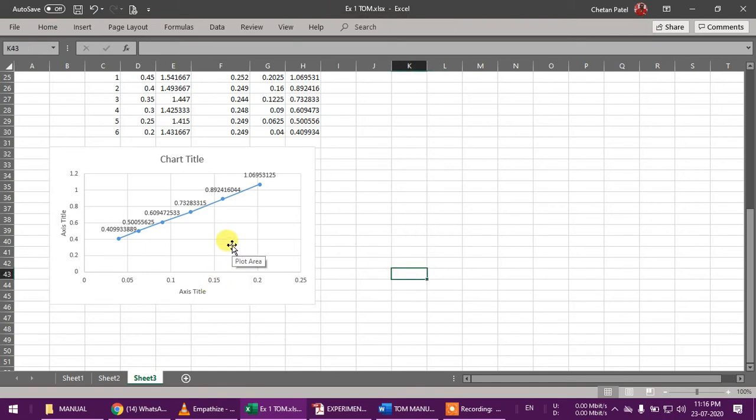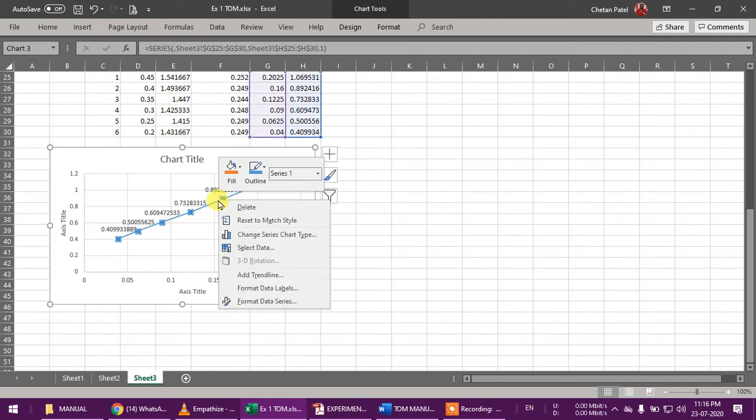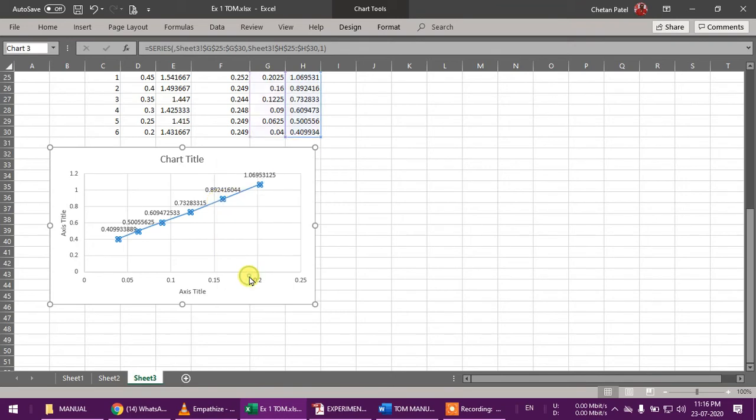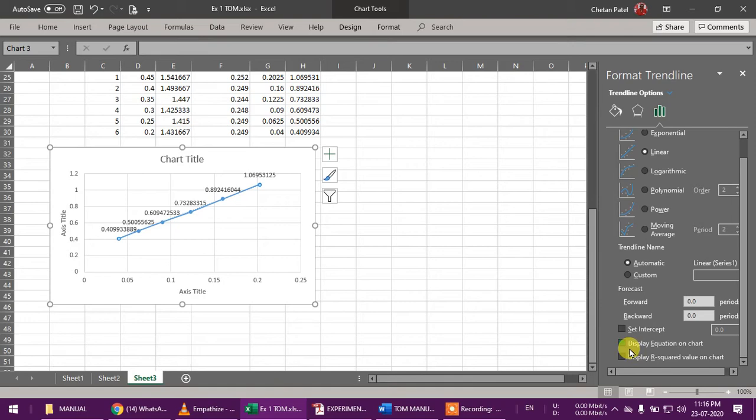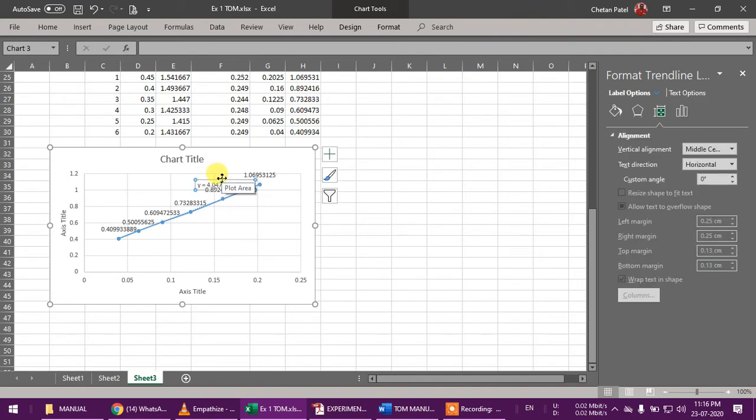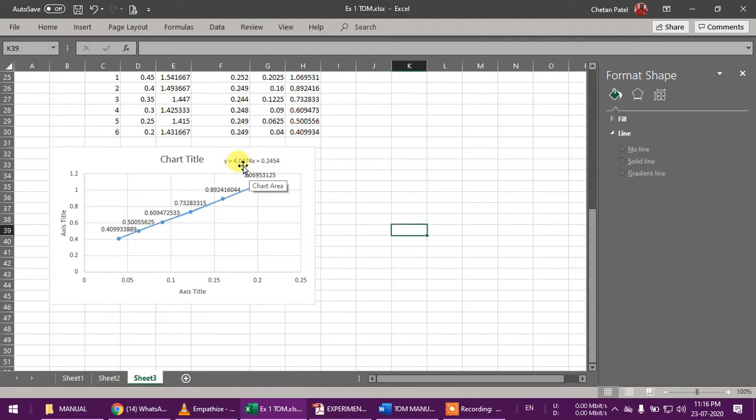Okay, now we want to check the slope of this. In that case, select this, right click, go to add trendline. Adding the trendline will add this menu in front of you. Here you will find display equation on chart. So when I check mark this, then here it will show an equation which is in the form of y is equal to mx plus c. Okay, so here you can see y-intercept and slope is given. Slope and y-intercept is given. So you can also find the intercept and slope separately.